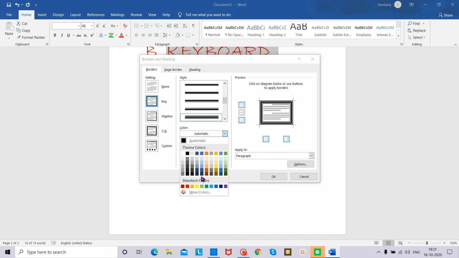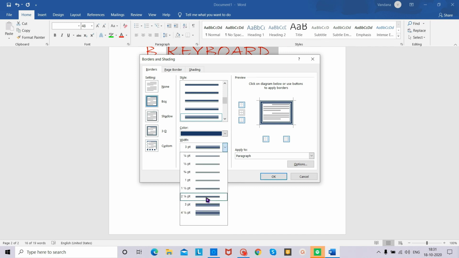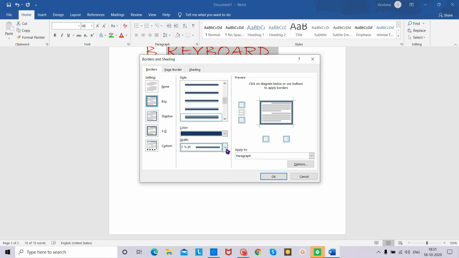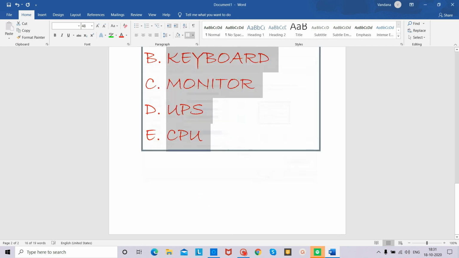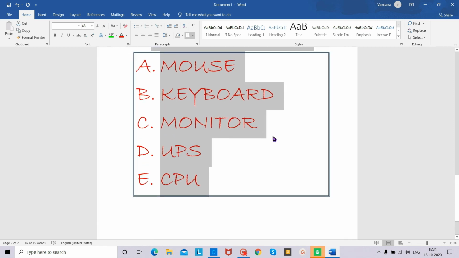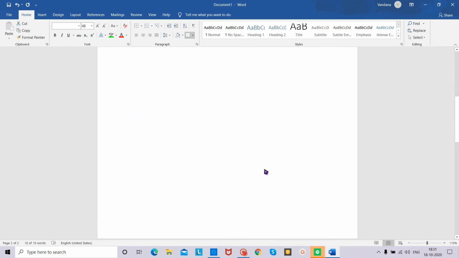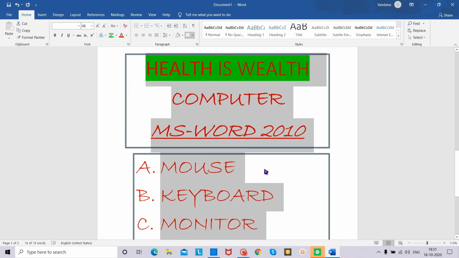Color you can choose from here, and from here you can change the width of the border as well. If you increase it, it will be thicker. If you decrease a point, then it will be thinner. So this is how you can make the border of the page or the text.